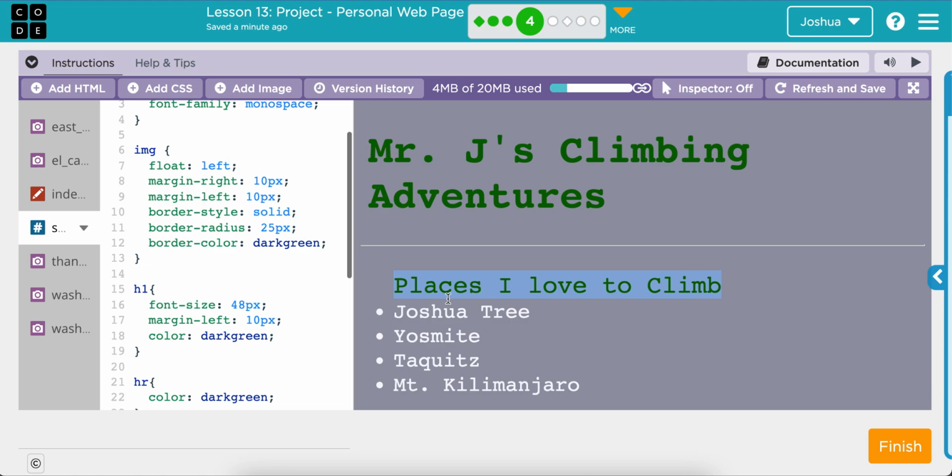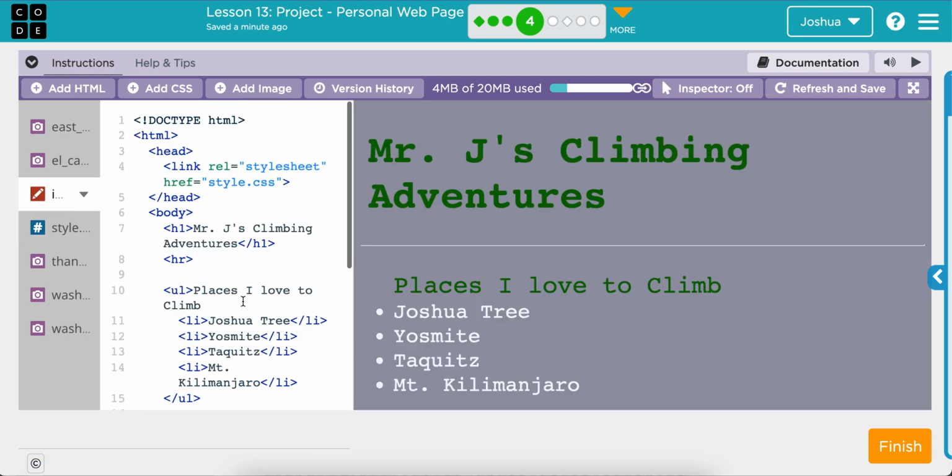So what I would want to do is in between each of these, I would add a picture of Joshua Tree, add a picture of Yosemite, add a picture of Tahquitz, add a picture of Mount Kilimanjaro, probably float them right, and then maybe give a little description of each part. And if you're not ready to do that, but you know you want to, then what you can do is add the tag in and then just put a note to yourself like "description here." So I might say, since I don't have a picture of Joshua Tree, which I should have already had,